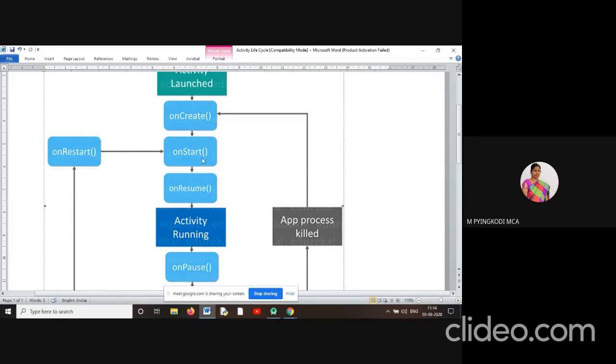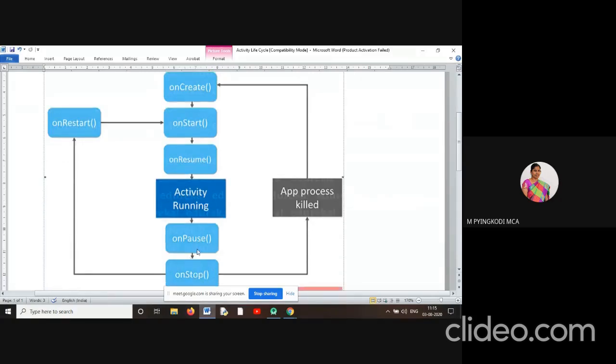Then we start checking messages in WhatsApp, or composing messages to other persons. Meanwhile, one call comes, and it enters the onPause method. Now the activity is not visible to the user.